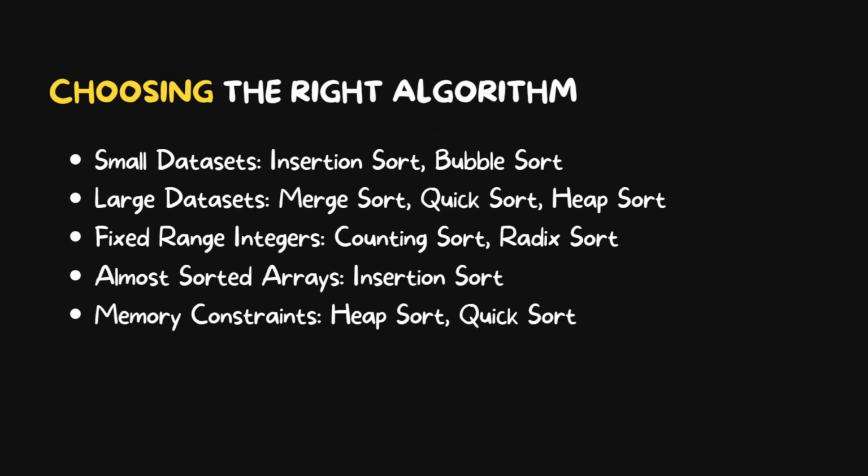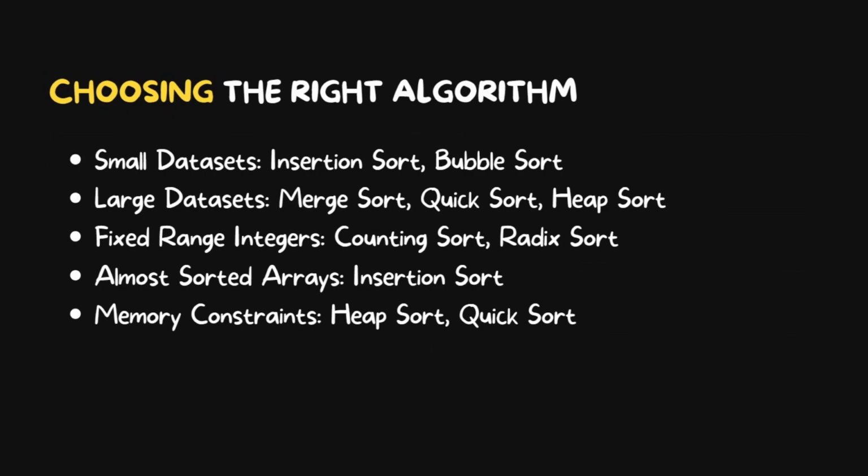Choosing the right algorithm depends on your specific problem. Let's break it down. For smaller datasets, insertion sort or bubble sort are simple and fast. For larger datasets, merge sort or quicksort handles big arrays efficiently. For almost sorted data, insertion sort can sort with